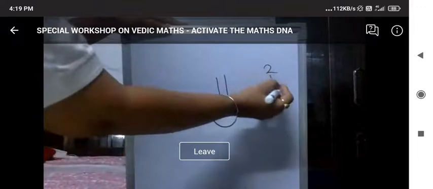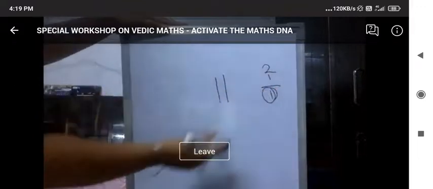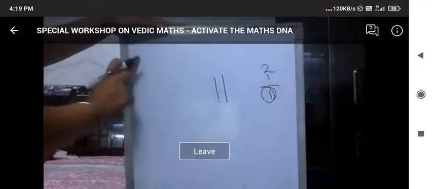So hope you understood this trick. You need to understand the concept. When there was 11, I have seen how many digits? 2 digits were there. I said, okay, 2 digits are there. I'll subtract 1 from here. Whatever digit is remaining, I'll put that number of zeros on both the sides of my number.